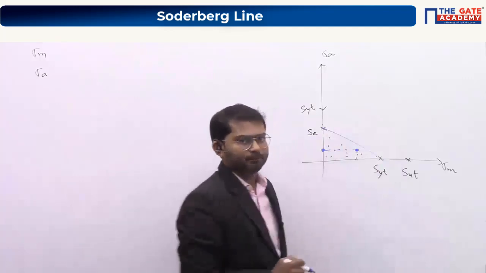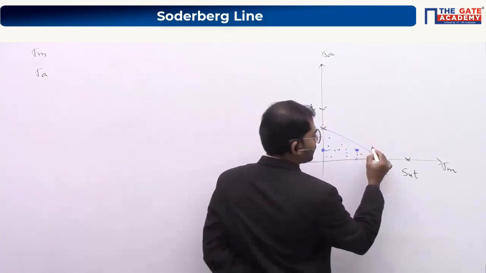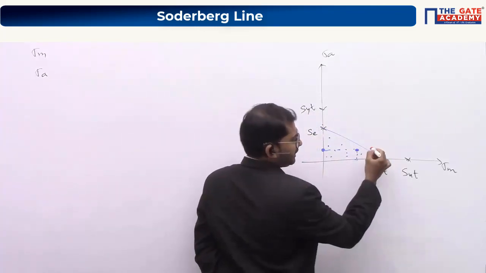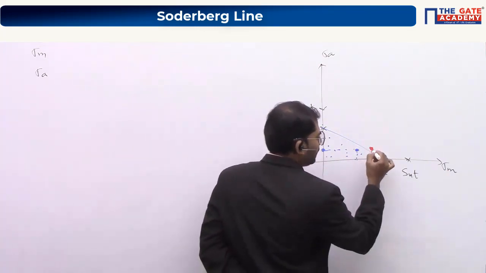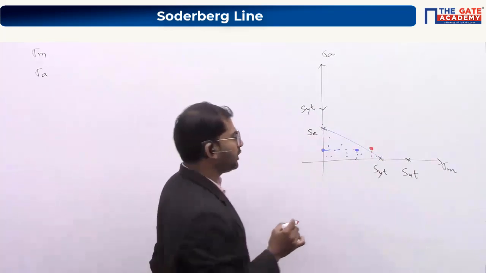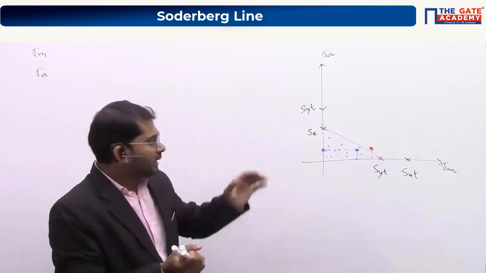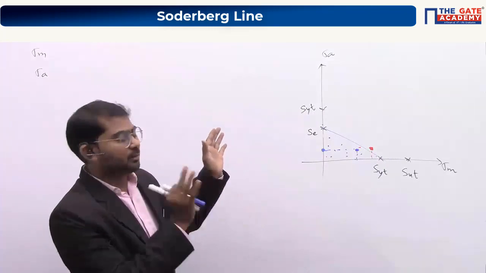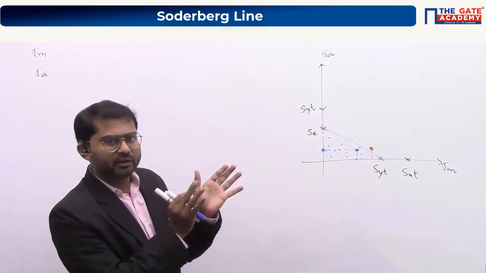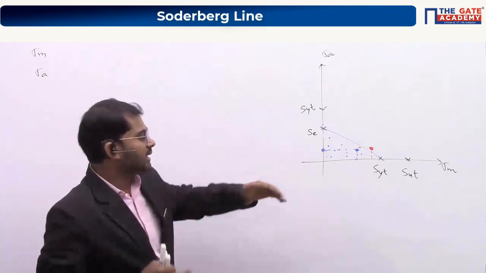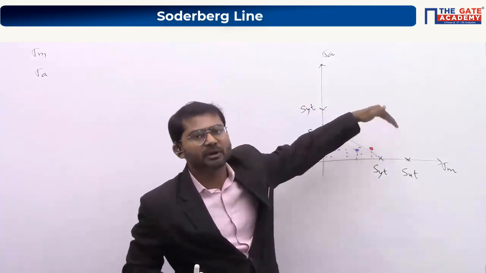If it is outside this line, let's assume this particular point here. If you take this particular point, you see it has stress less than strength in static loading, and less than strength in dynamic loading also. But it depends on the relation, the way the material will be behaving with respect to both static loading and also dynamic loading. That's the reason why, based upon that, he took an optimized decision that this should be beyond that particular line.